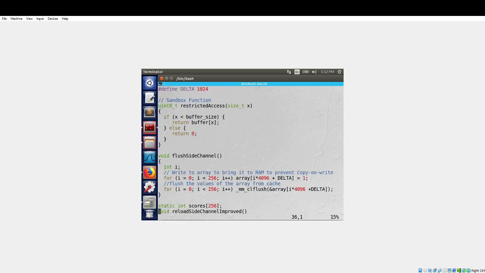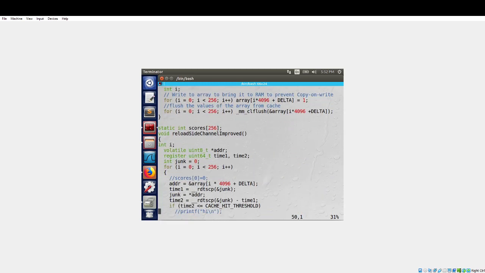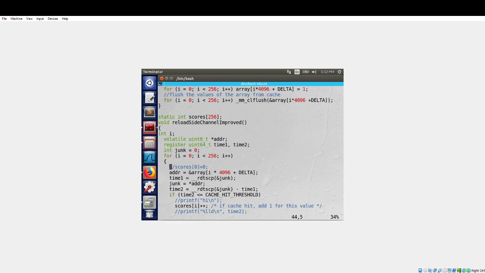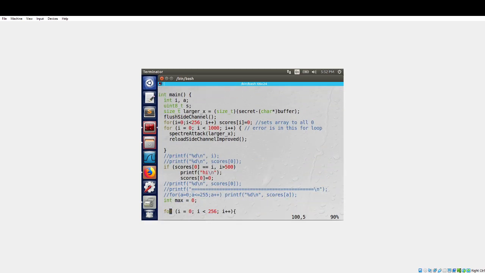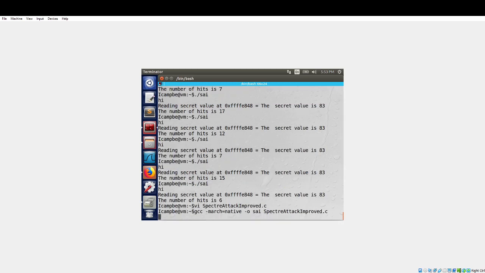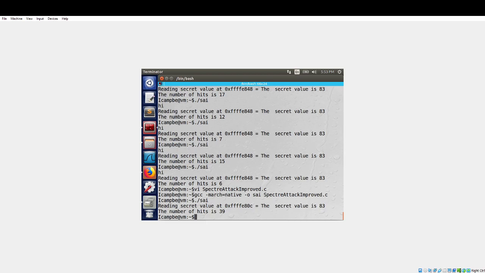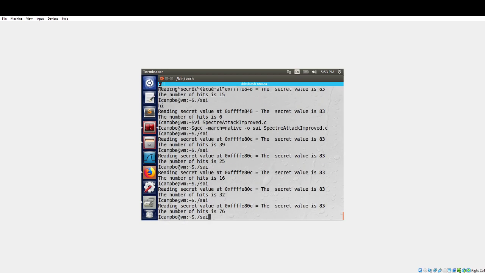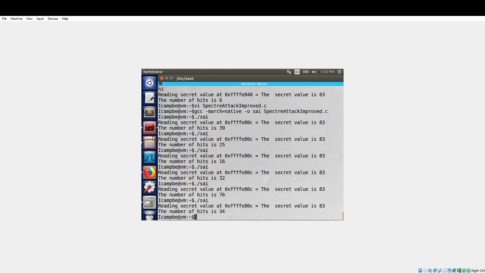I felt like there was a more efficient way. So if we go ahead and delete these 2 lines right here inside that for loop, let me go ahead and save this, compile it, and run it. So again, it's working perfectly fine. That was just another way to do it. I feel like it was more efficient.